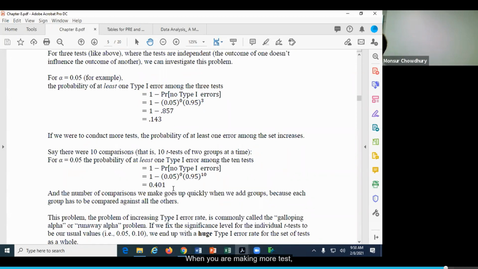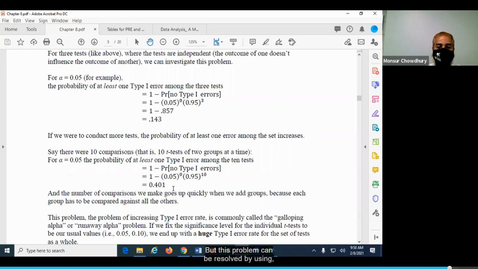When you are making more tests, your chance gets much higher. But if you do the test with this percentage of error, nobody can accept your test. They are going to say you have a higher rate of making error. How can we believe your hypothesis testing? Because we want to reduce our error. That's not our criterion. So that's the problem.